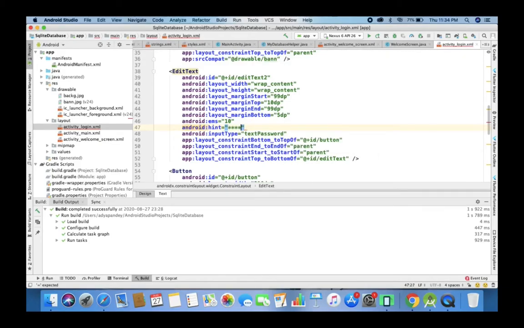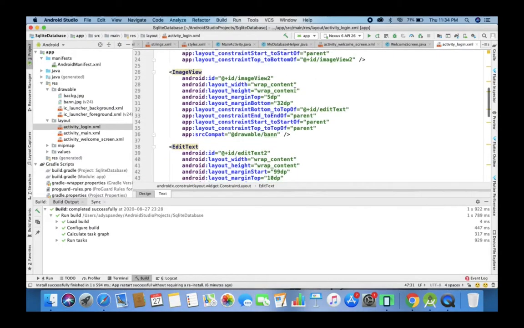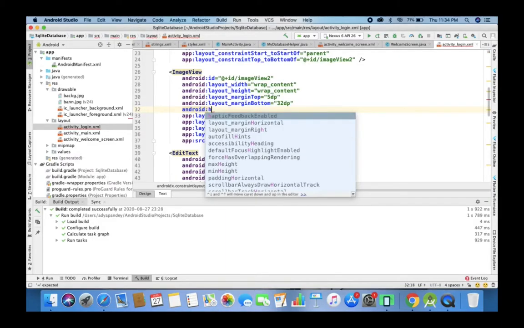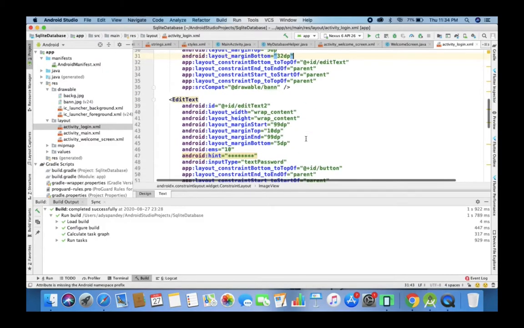So I put some asterisks there. If you put text, then that will also be present there, but while entering the information you have to remove the text. But if you put it as a hint, then when you start writing it will automatically go. And this is